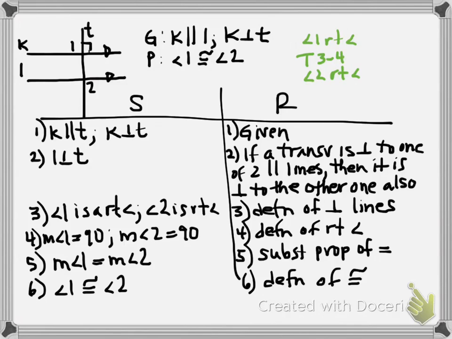You could put the two measures of the angles equal 90 degrees. Or you could have said that measure of angle 1 equals 90 right after you told me it was a right angle. So there's so many ways to make this a longer proof using these steps in a different order. But you cannot get angle 2 as a right angle until you tell me that line L is perpendicular to line T. All right, and before I end this video and start the new one,